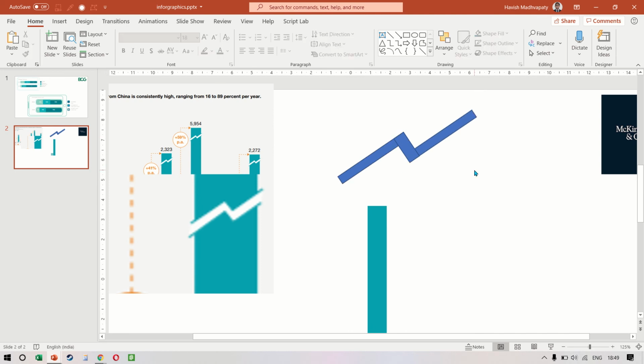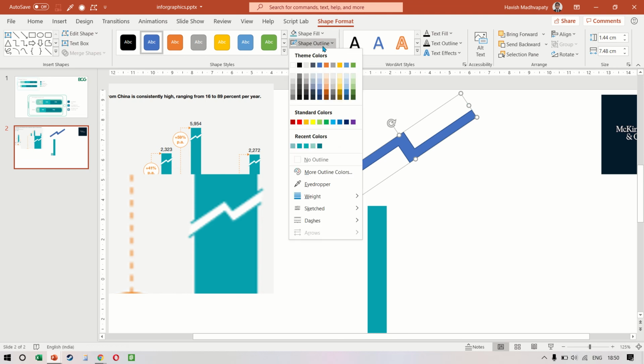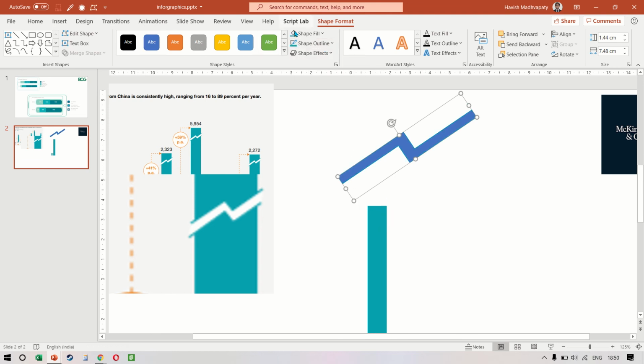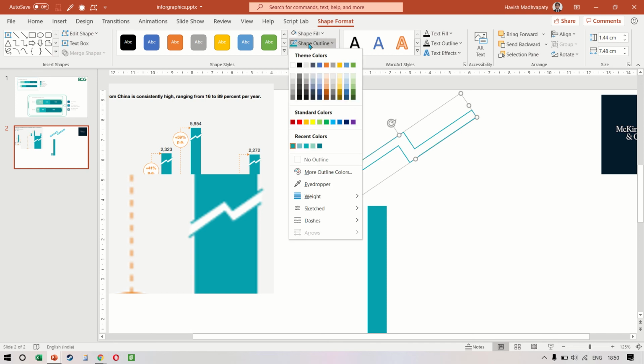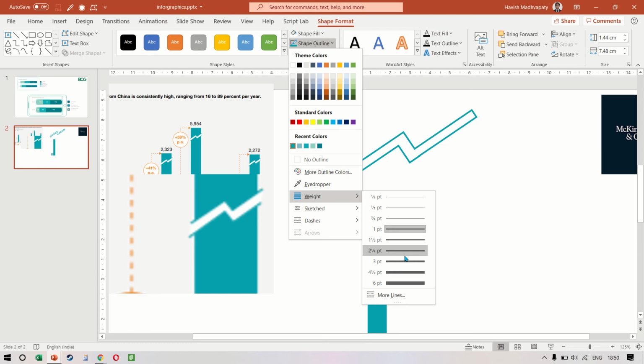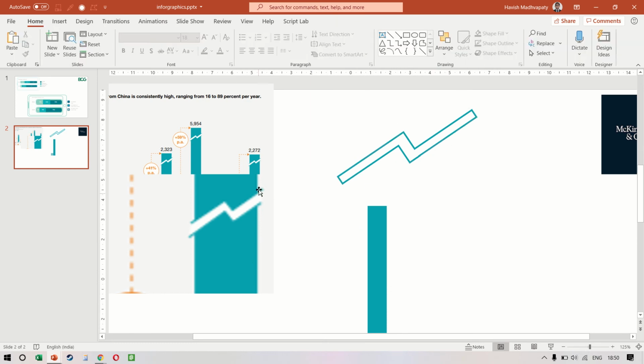Once we have done this, I will need to do a union. So shape format, merge shape and a union. We can make the shape outline the same color like this. Let's change the fill color to white and finally the shape outline would be a slightly higher weight. That looks good. I think the only thing left is that we have to keep this open, right?